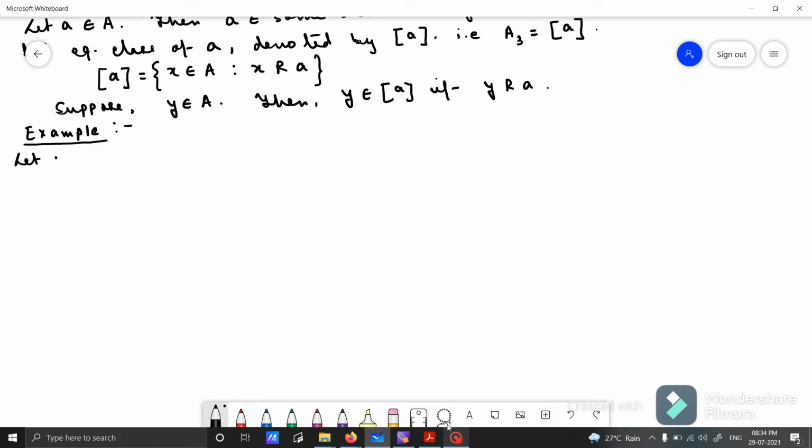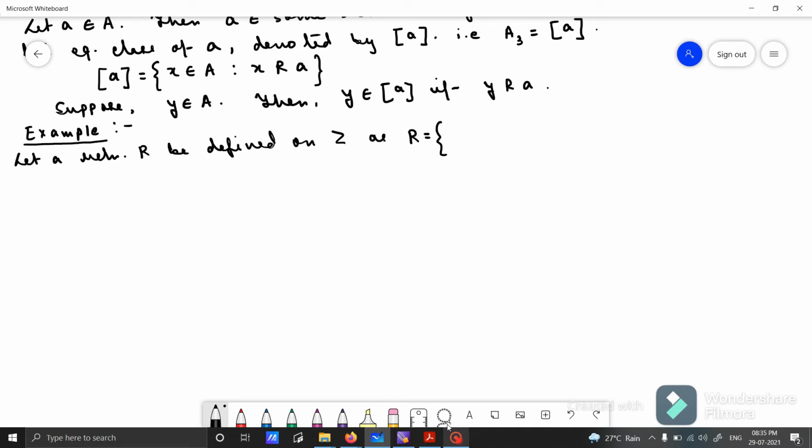Let a relation R be defined on Z, that is the set of integers. So the set capital A that we had taken in the general theory above, we are taking to be equal to Z. So a relation R is defined on the set of integers Z as